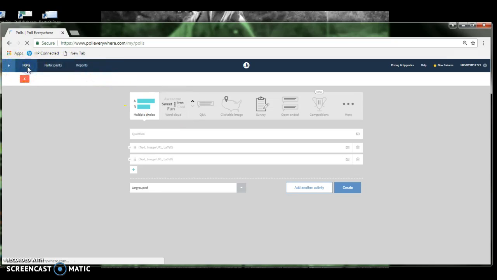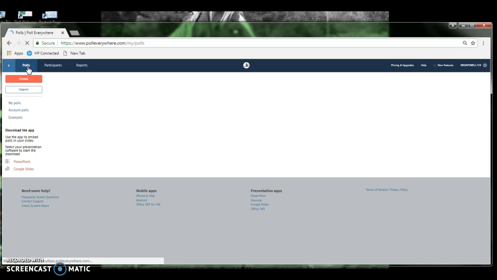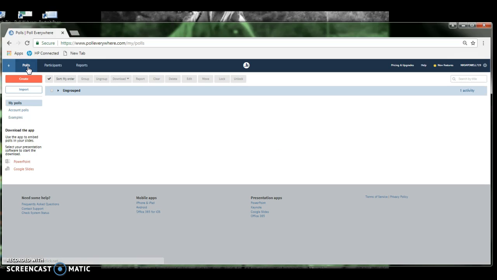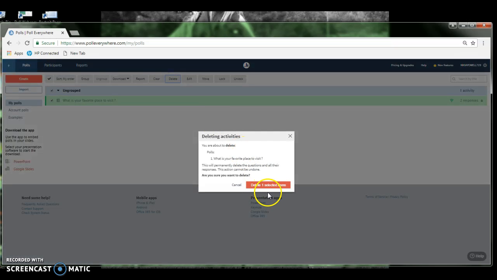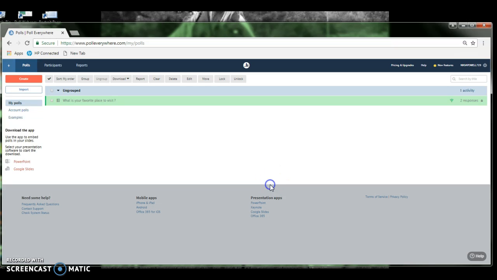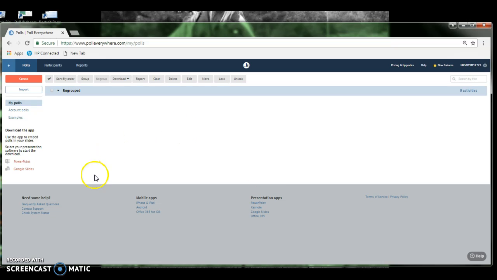And let's say, for instance, you want to delete that poll, you're done with it, you got all the statistics and everything that you need back. There's your question right there. Now, if you're done with it, all you simply have to do is check it, highlight it, delete the one selected item, and that is